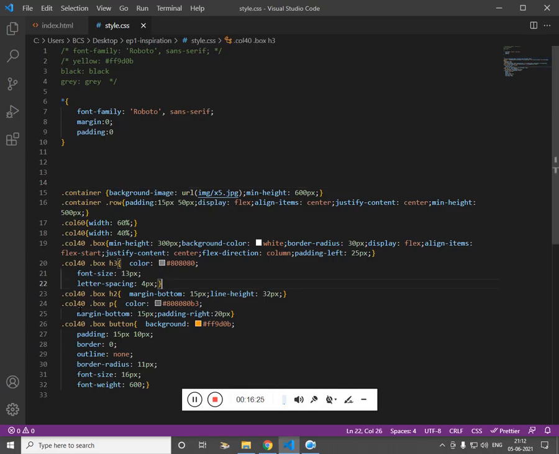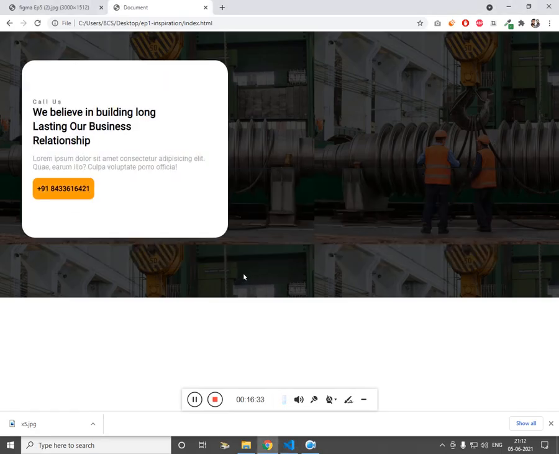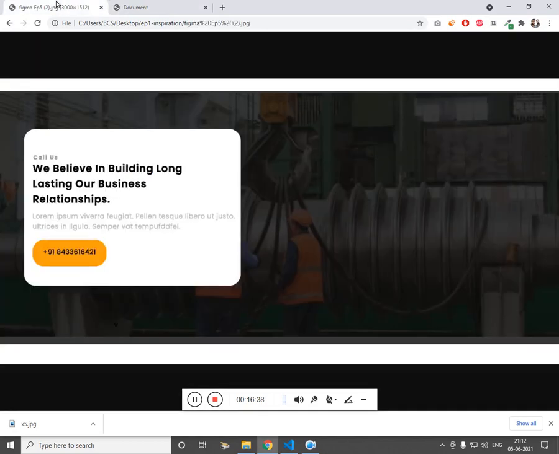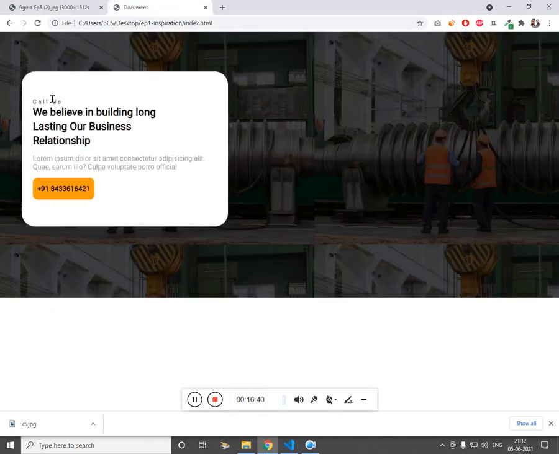Let me increase the box height. Yeah, box here, let me make this 400, or make this 350. Yeah, 350 is okay.